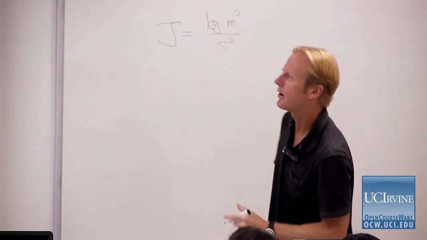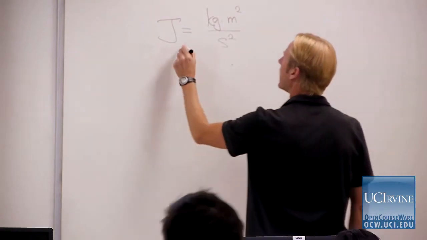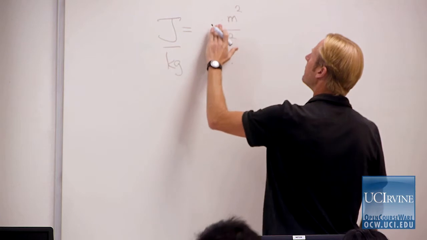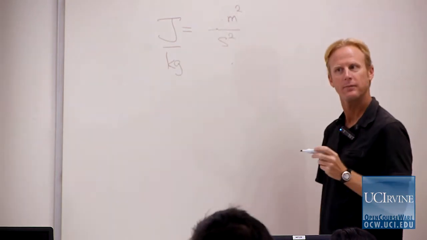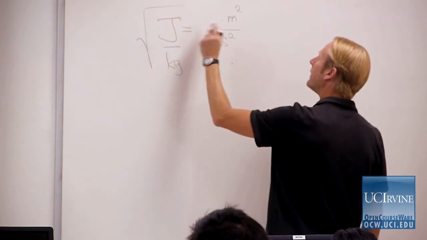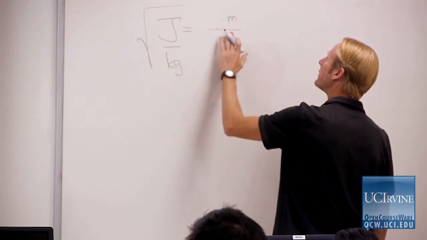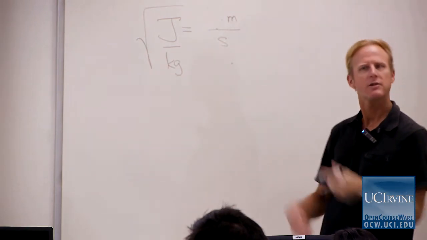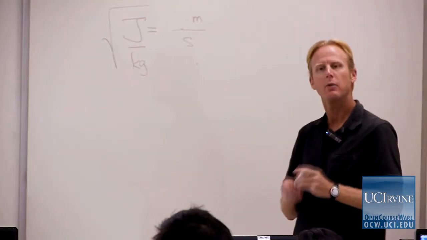So a joule per kilogram is equal to meters squared per second squared, and the square root of that is equal to meters per second. So it's correct. But this shows you one of the things you have to keep in mind when you're working